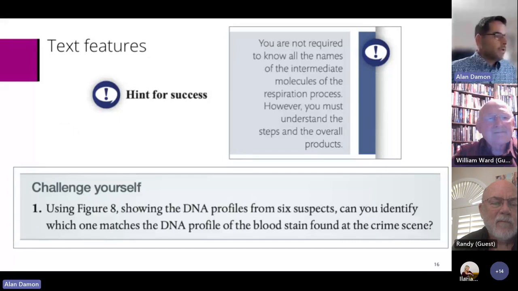Here are some examples. Hints for success are more for students, a little boost: traps to avoid falling into, or don't worry about this, you won't be tested on that. That helps kids realize that they don't have to absolutely memorize everything. We have to memorize a lot, but